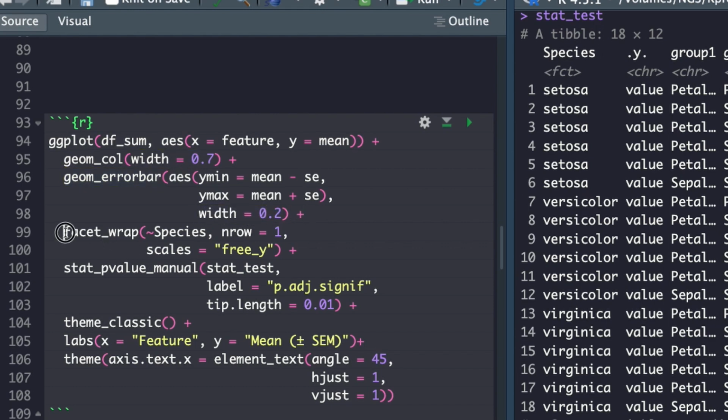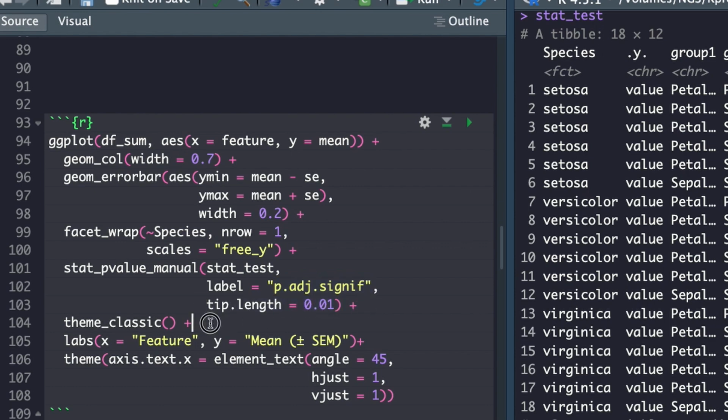Then we use facet_wrap with the tilde sign, using species and nrow equals 1, because we want to see all three species comparisons in one row. Scales stands for the y-axis, and we say please use free_y, an individual y-axis for each facet. Then we add stat_pvalue_manual, using the stat_test we already calculated, with labels as p-adjust significant and tip length 0.01, and this we feed to